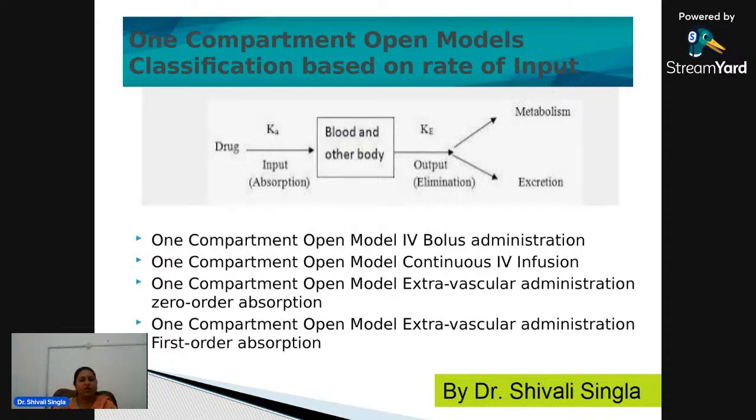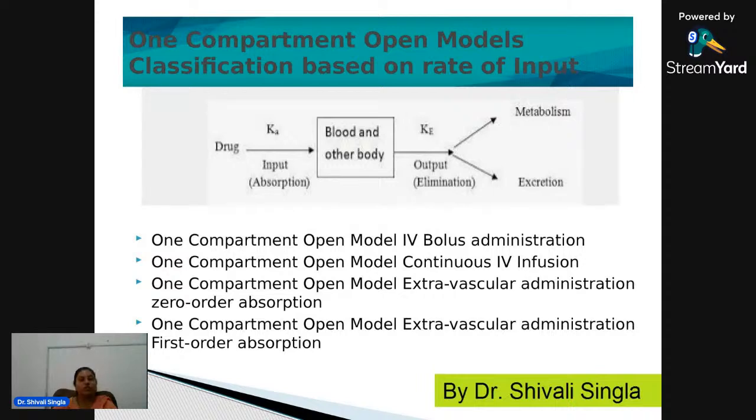Now, one compartment open model can also be classified into further different categories based on the rate of input or method of input. One can use parenteral, one can use tablet, capsule, or any other route of administration. So, based on this route of administration, in our words, it is called the rate of input or method of input. One compartment open model can be classified into four categories. First is one compartment open model,